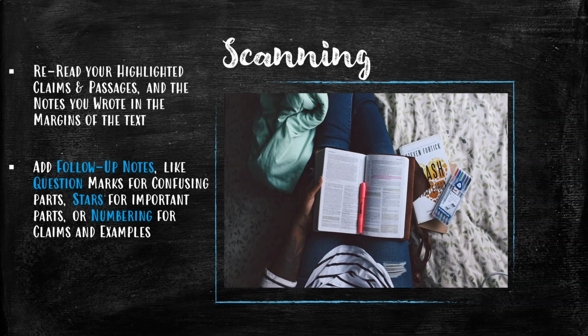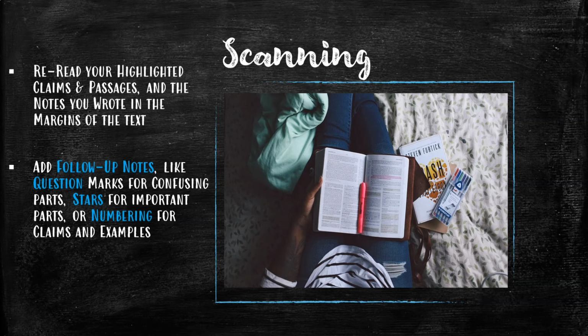If upon reflection you notice these are the most important parts, use a star or an asterisk to remind yourself, you know, these 3 parts are the most important, or this one claim looks like the thesis statement. Or you can use numbering as a way to help you outline the source. So if you notice this was the claim, and then as you read and reflect on what you read, you notice that there were 4 supporting details. You might number them 1, 2, 3, 4, because they might be spread out across a couple of pages.